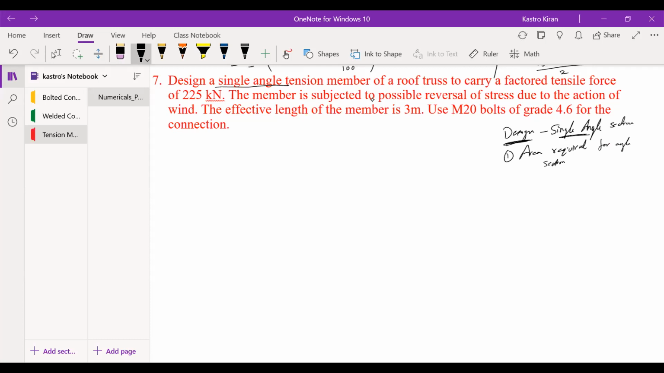So how to calculate the area? We have a formula. Forget about the formula, but I'll just tell the procedure initially. So this is the area required for the angle section. That's the first thing which you have to find out. Once you find the area